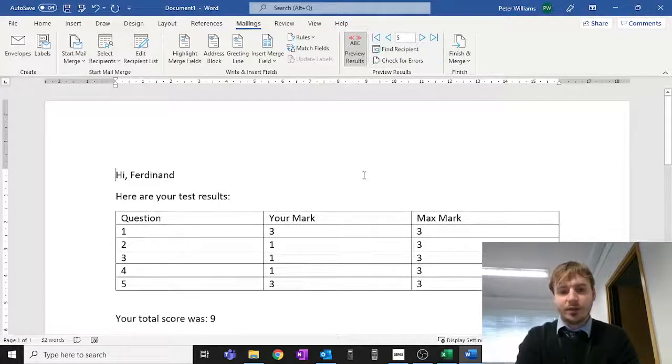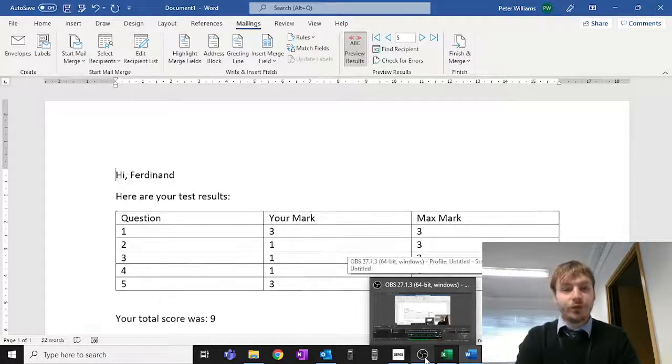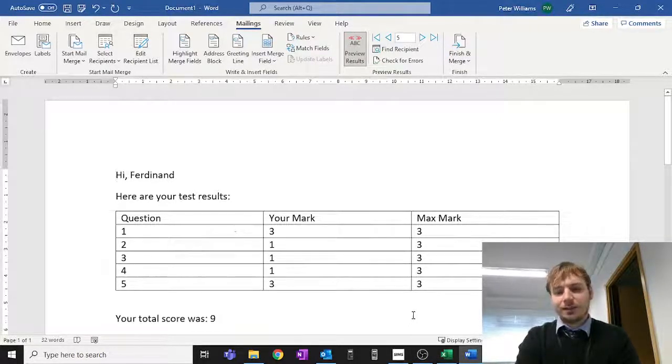And that's it, that's mail merge. Pretty straightforward to do. It just takes a while to set the spreadsheet up, and creating this can be a bit time consuming if you've got a lot of data, but it's